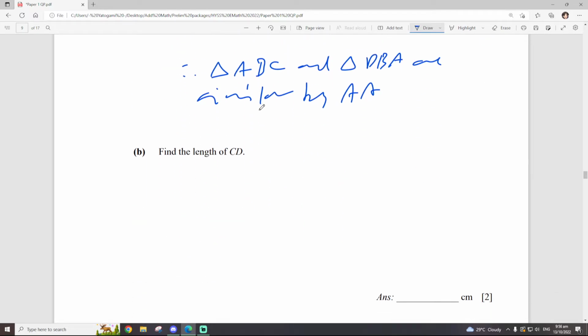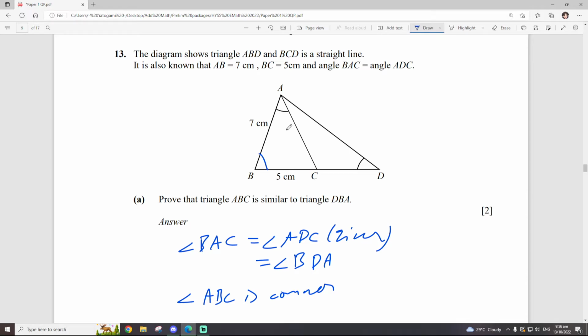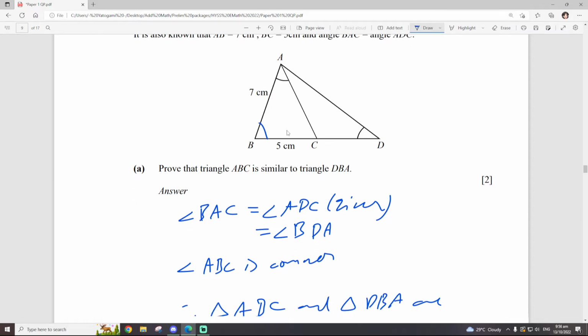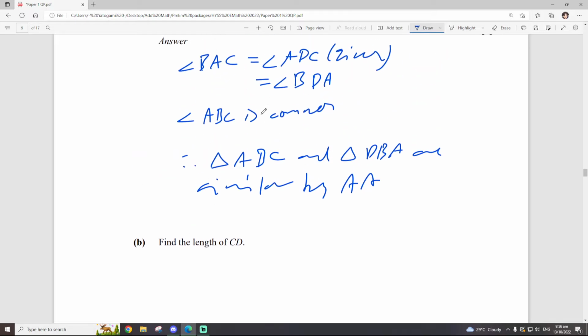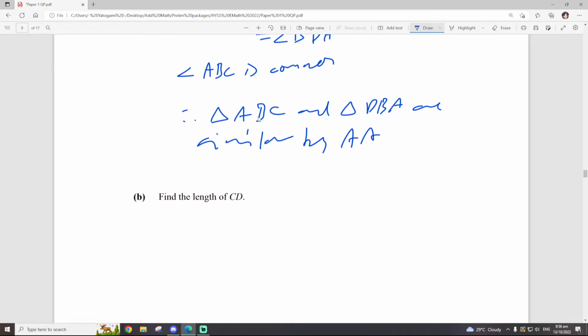Okay, find the length of CD. Okay, so this is probably using the similar triangles. We have 7 and we have 5 on this side. AB and DB are the corresponding sides, and BC and BA are the corresponding sides. Okay, so we have AB divided by BC equals DB divided by BA,